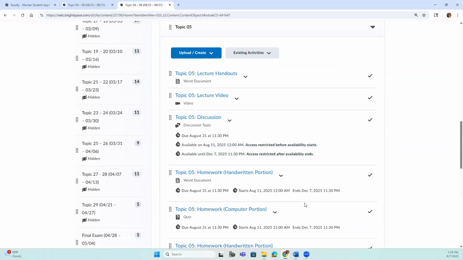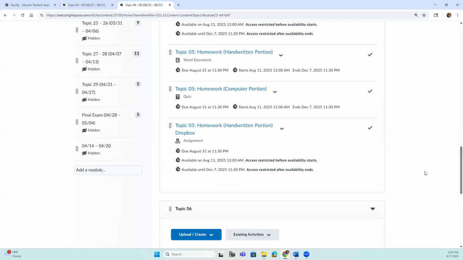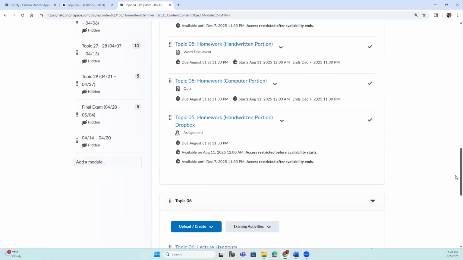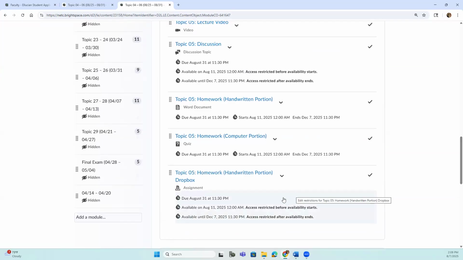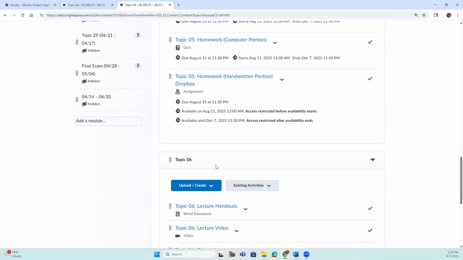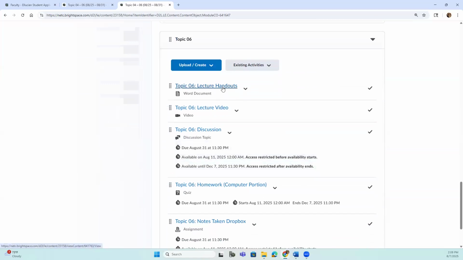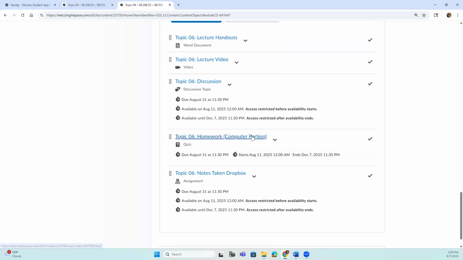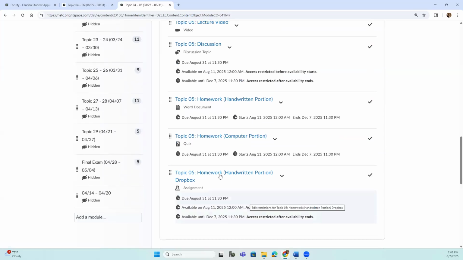Now, every week there is one topical notes that you are required to turn in for attendance. So this week we go over topics 4, 5, and 6. Again, for topic number 6, you get your handout, which you can print or copy down. Use the handout to watch a video and take notes on the handouts. Here is your discussion. You've got the computer portion homework. Now, this Dropbox is the notes Dropbox, okay? So for this week, you only need to turn in topic 6 notes, not the other 2. This Dropbox is for the handwritten portion of the homework. You can put that in this Dropbox,